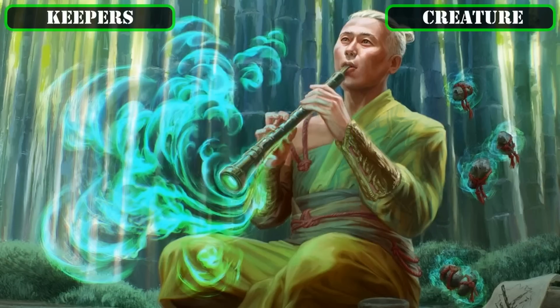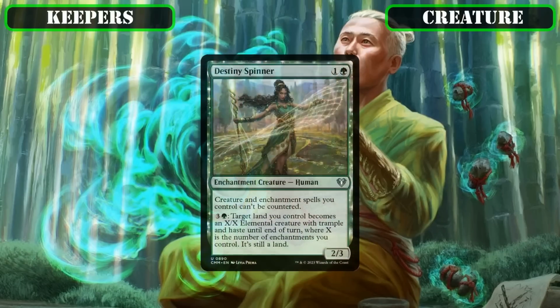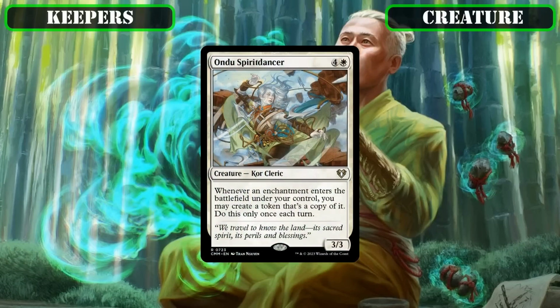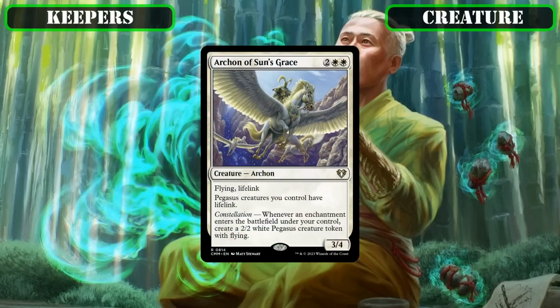Then switching gears from core stat improving enchantment payoffs to more utilitarian ones, we'll be hanging on to Destiny Spinner as a way for us to make our enchantments uncounterable, and then using them to turn our lands into gigantic beatsticks to help close out games. Ondu Spirit Dancer will be staying in as a means for us to get extra token copies of our enchantments as they come into play so we can double up on our most powerful effects and enable our tokens matter payoffs. Archon of Sun's Grace will be keeping its spot as a repeatable evasive token generator in our enchantment-heavy build